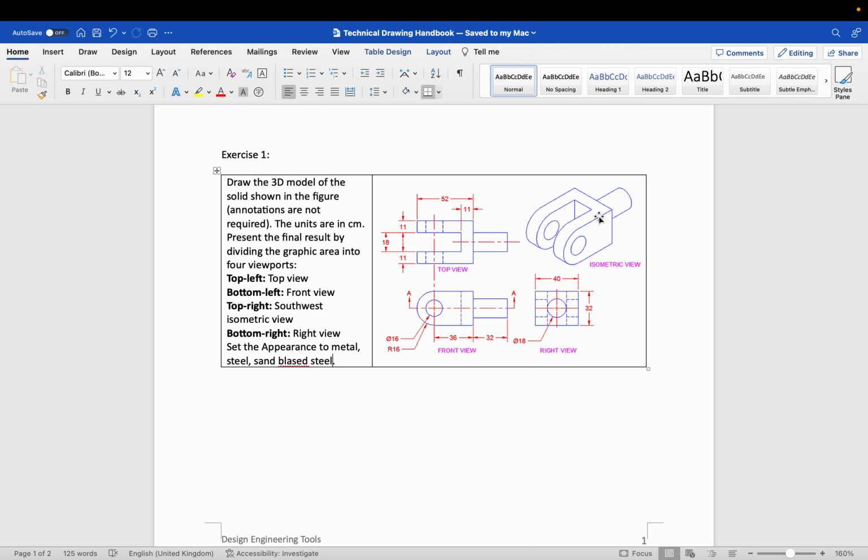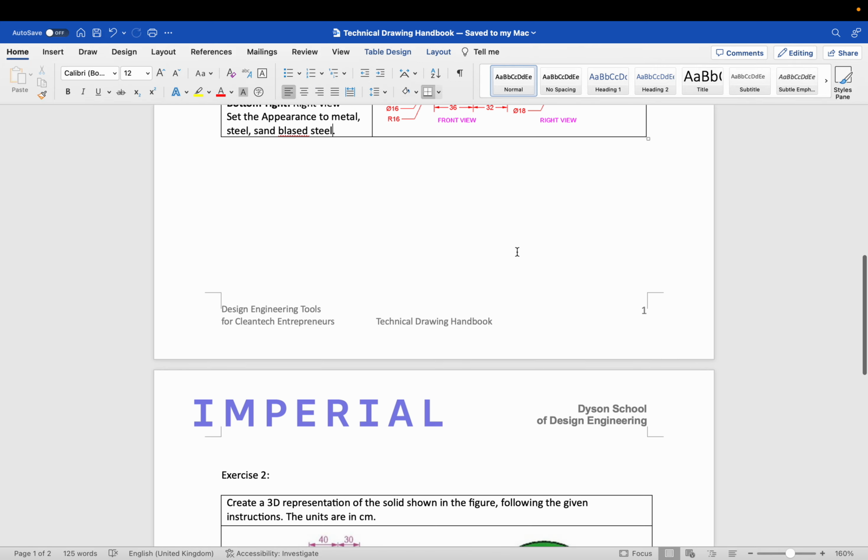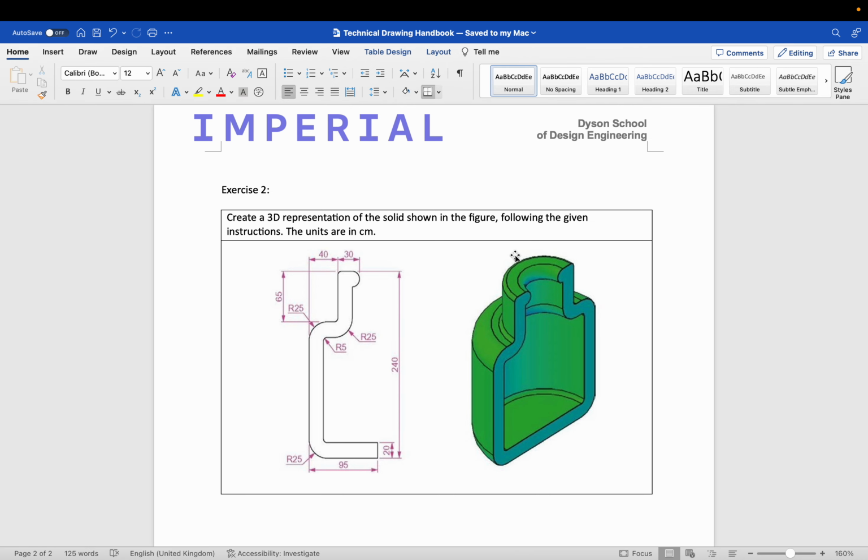You can do all of these in the same file, but to explain a little bit the applications and the main functionalities of SOLIDWORKS, we will start with a simple 2D design and then we move to the 3D version. I also put here another representation, kind of a vase or something like that, just as a simple example,